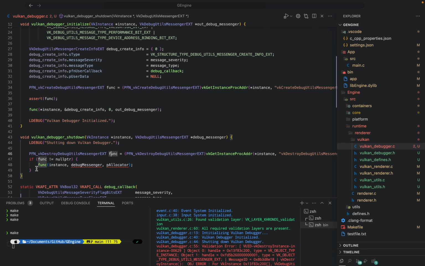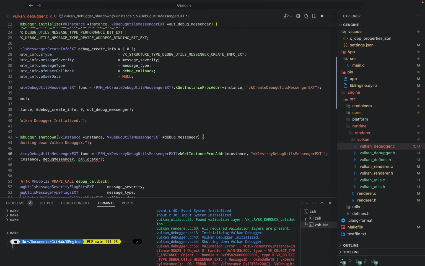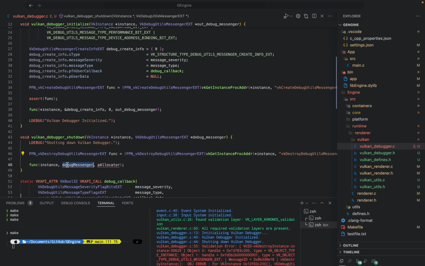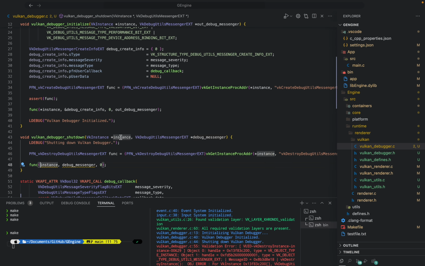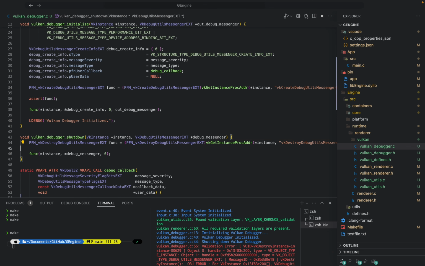All right, and then once you have that, all I'm gonna then do is essentially just call this guy. So I'm gonna get rid of this and this, and debug messenger should just be debug messenger, and then the allocator should be 0, and then these guys should be the addresses. No, it should be dereferenced like so. And then I think with that now being set and done, we can just take this message and actually put